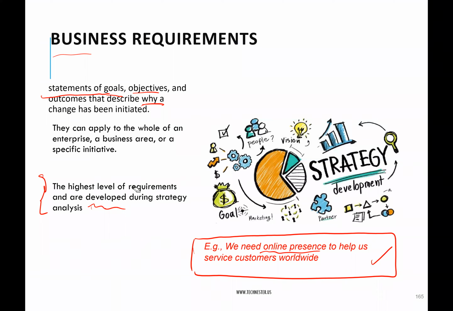The business requirement is what helps you justify why. That's why you see this phrase here, describe why a change has been initiated. So that thing from your problem statement that you wrote, and have now refined, you have to come and explain why. So they will say, go and help us write the business requirement, justifying why we need this feature.